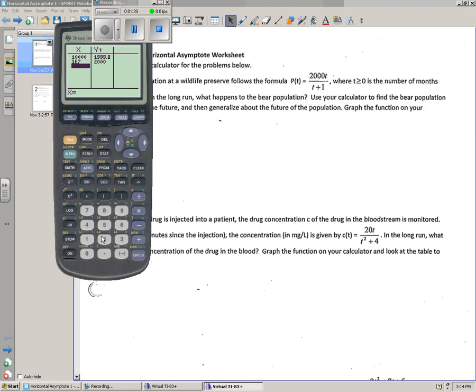So by putting in very large numbers, you will be able to see that in the long run, the y values are getting closer and closer to 2000. They'll never actually hit 2000 exactly, and that's a topic for another day. The reason that you'll see 2000 is just due to rounding in the calculator. But so to write what we see here,